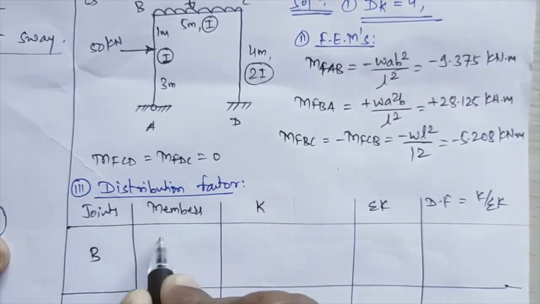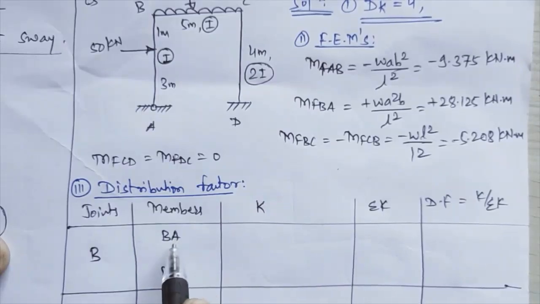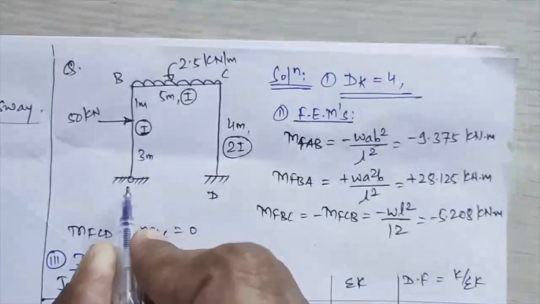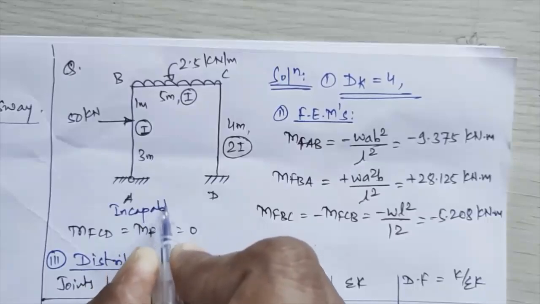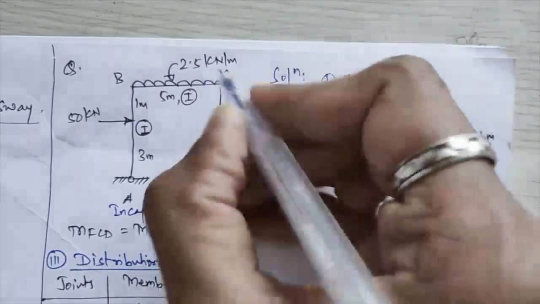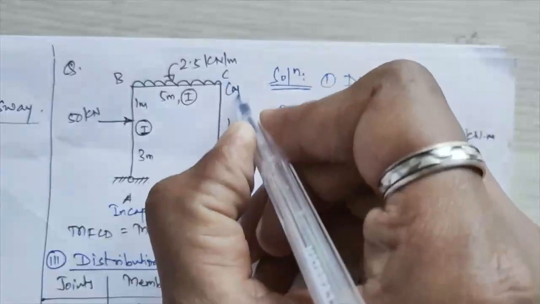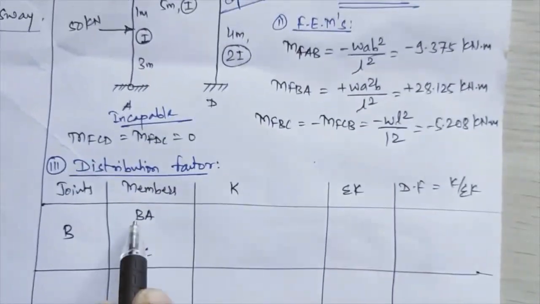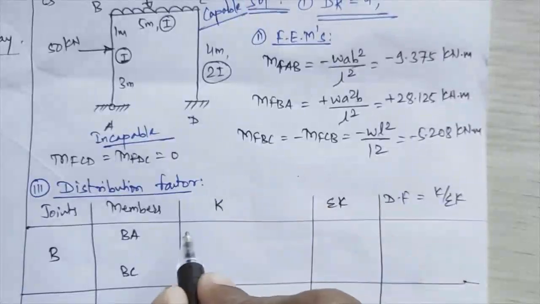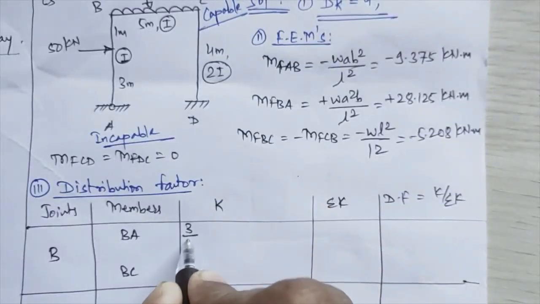Okay, members meeting at joint B are BA and BC, so your farther ends will be A and C. We'll check the capability of the supports A and C. A is the hinge support, so this type of support will be your incapable support, while C is nothing but a rigid joint, so that type of support will be called a capable support. So the relative stiffness for B to A, an incapable support, comes equal to 3/4